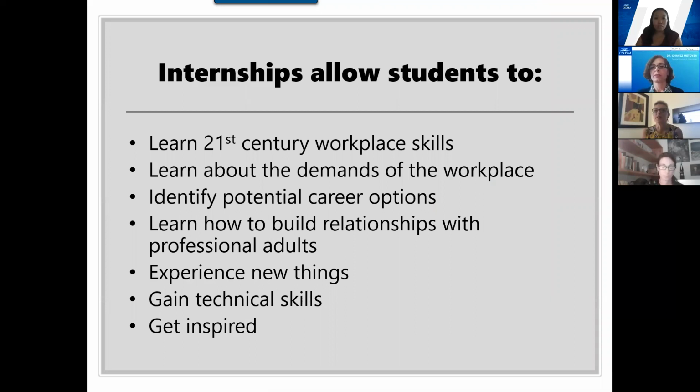They get to identify different career options. There's a lot of times that they think they want to go into one career, and then once they get into the workplace, they learn about a whole other career that they may be really excited about. This also allows them to create their networking, learn new things, obtain new skills, new communication skills, and honestly get inspired about what's out there, because they don't know what they don't know. So this is a wonderful opportunity for the students to go into the workforce, understand the industry, understand the careers that are out there, and really get to have experiential learning.